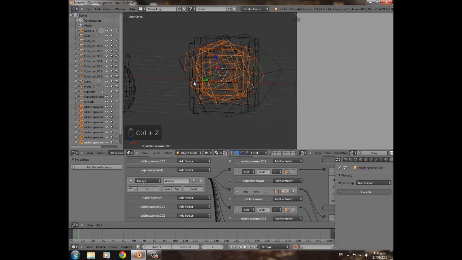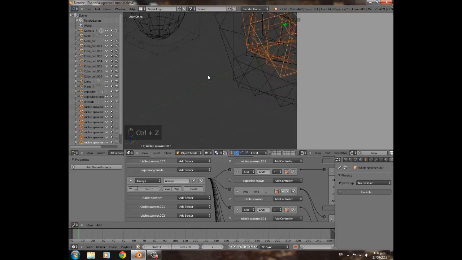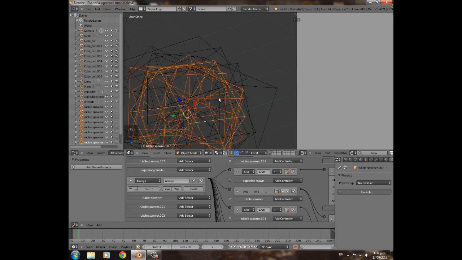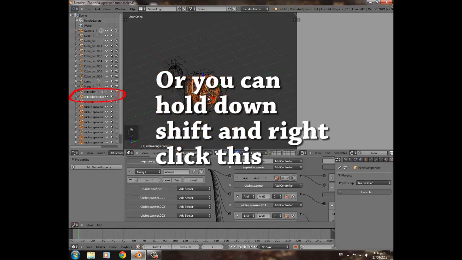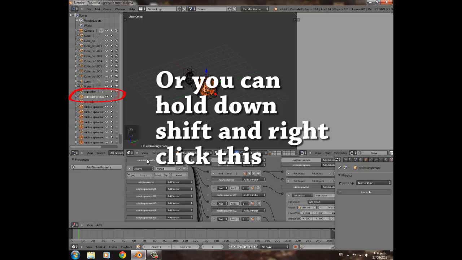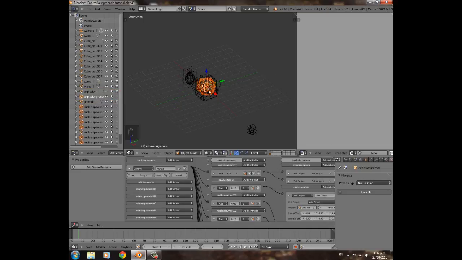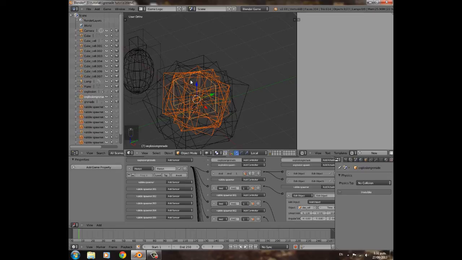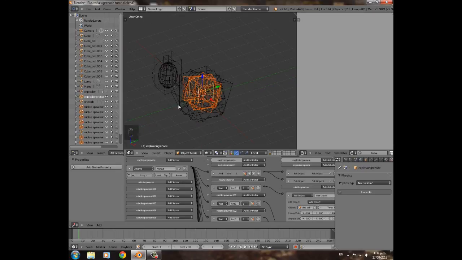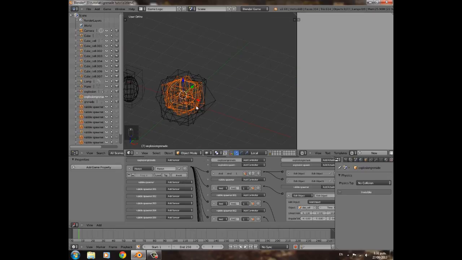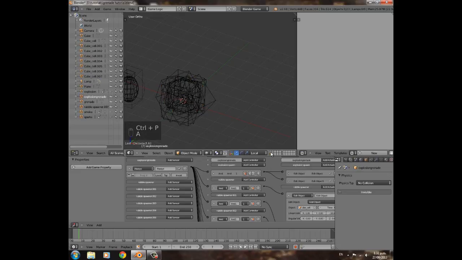And don't press A, keep it selected, and try and select that middle cube, this one, and make sure you've got explosion grenade, the one you parented it to. That might be up here or wherever you put it. And then press Control P and parent, so now it spawns the smoke and the